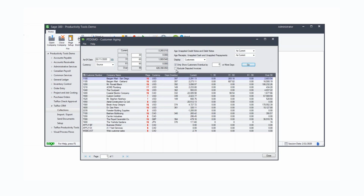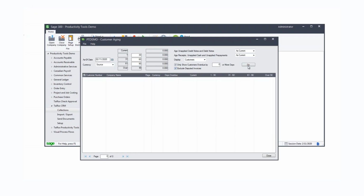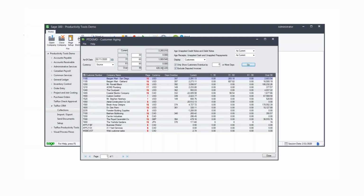And you notice there's a few other features. For example, the total here that's over 90 days is $426,398. But if I exclude disputed invoice, it's now $342. So what this means is you can look at age trial balance numbers two different ways, including or excluding disputed invoice, because if you're using an age trial balance numbers to predict cash flow, you might want to take that